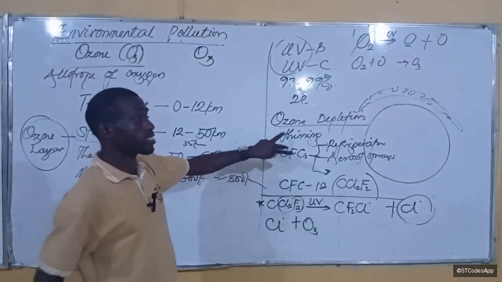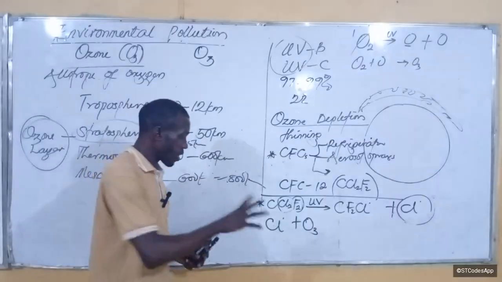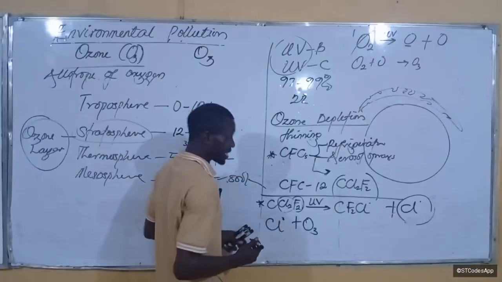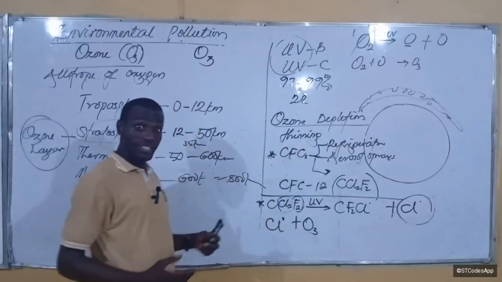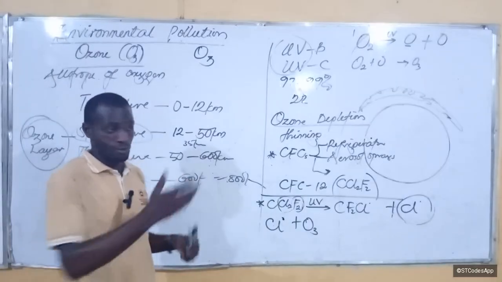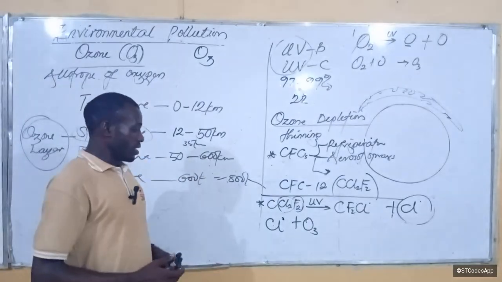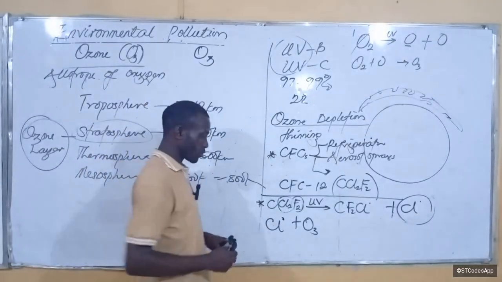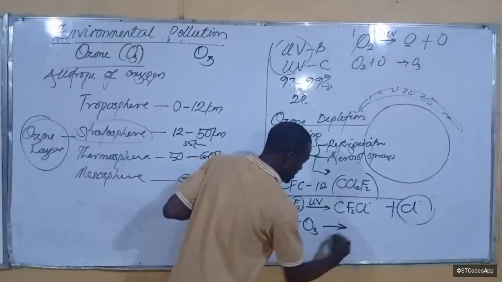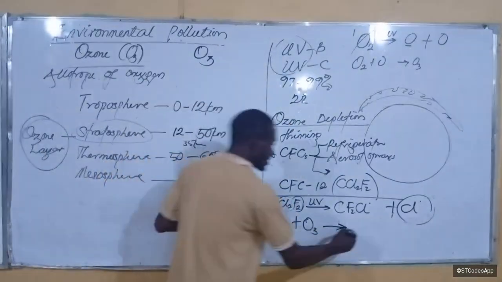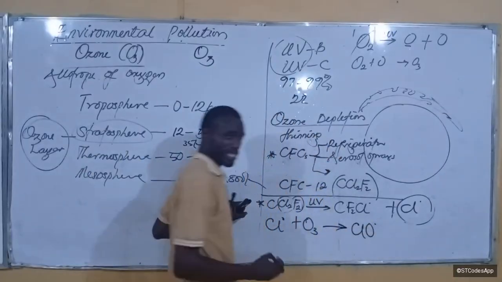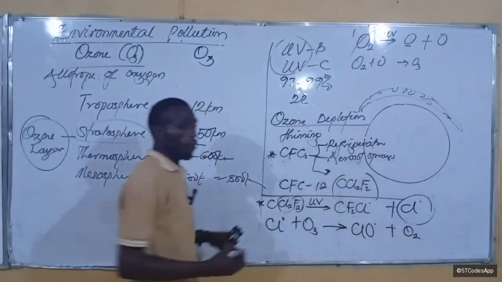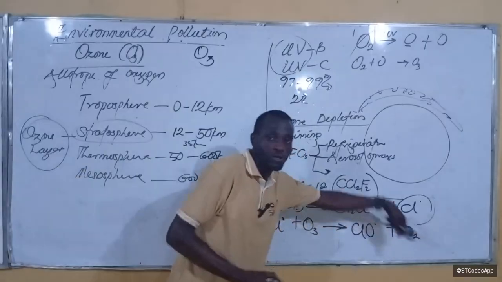So I'll mention them as greenhouse gases, I also mention them, but I want to use this first. So this radical will go to the ozone layer and tell ozone, give me ozone. They actually communicate, yes, I've been there before. I saw ozone and this guy, they're talking, you know. So this guy will tell ozone, give me one ozone, then snatches an ozone. Now when he snatches ozone, what he forms is another stronger radical, which is ClO dot, oxochlorate radical, plus O2. After forming this O2, which is stable, it will leave.